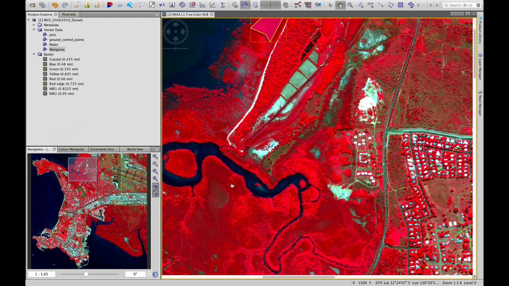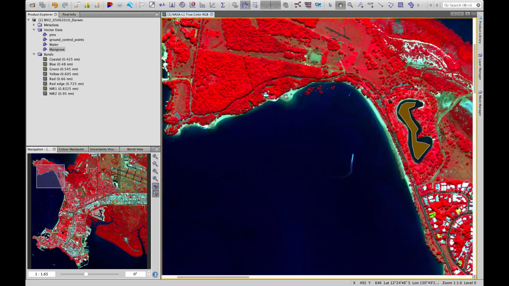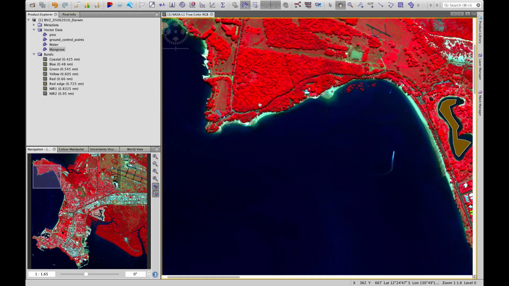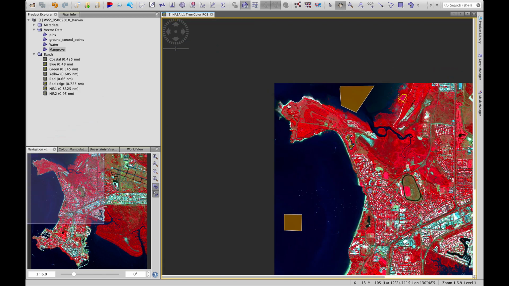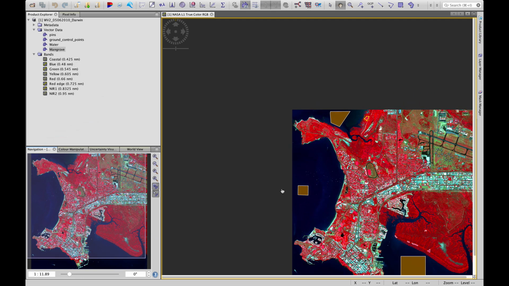Let's possibly grab. If you're not sure of this section, this is the area by East Point. Not 100% sure that it's mangroves, so we won't include that. What we will do now is move on to the next class, but before we do that, let's go back